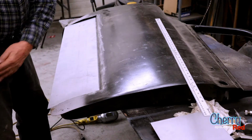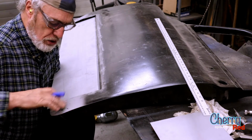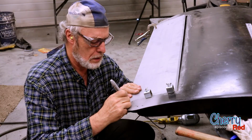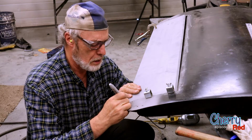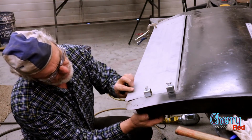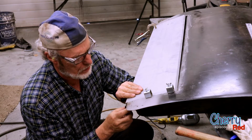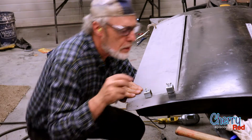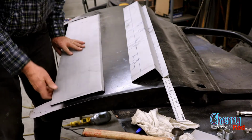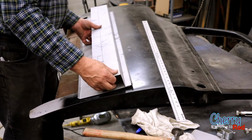So then, the next trick, and this one is really tricky, and again, we've kept these corners on here for a reference. But it's really hard to tell. Does that look good? Yep, that looks good. That's the bottom lip that comes around the bottom of the door. Okay, so that is this piece. So we'll put these two together, and